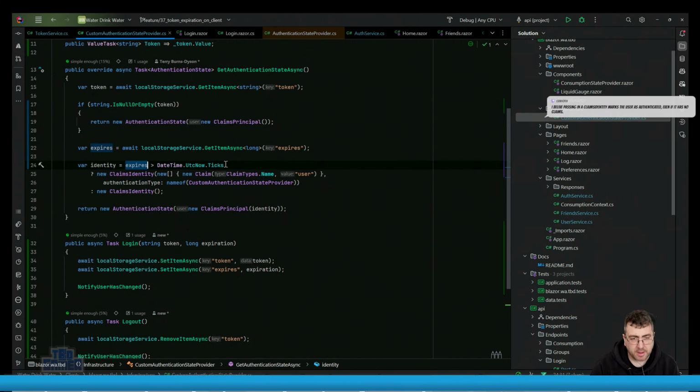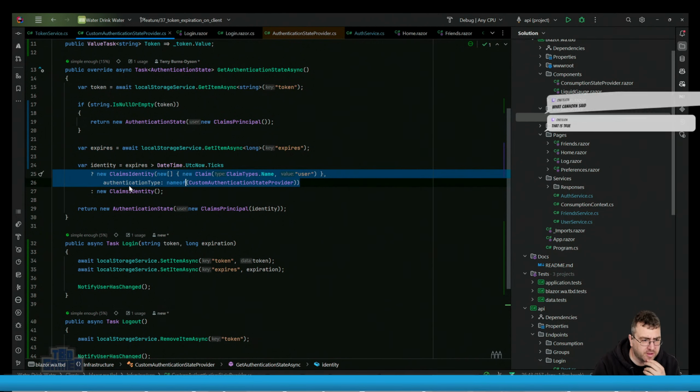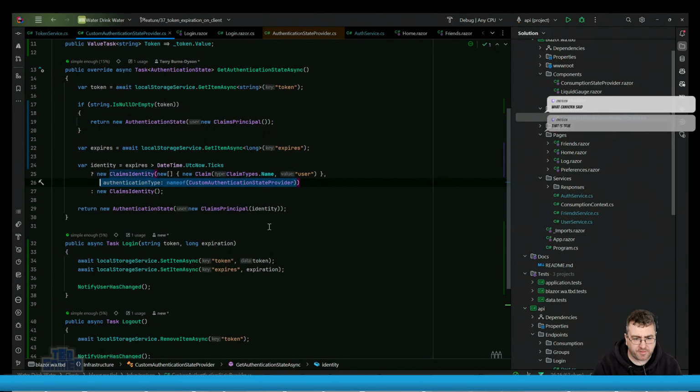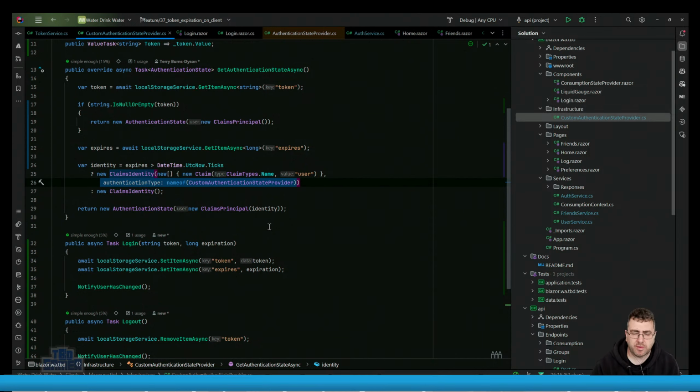I just... passing in a claims identity marks the user as authenticated even if it has no claims. No, it's this that actually marks it as authenticated. We validated this before. If you pass an authentication type, it's validated. Otherwise, it's not. Yeah, Junicus and I validated that already. This will return an invalid user. So it's actually that. It's the introduction of the